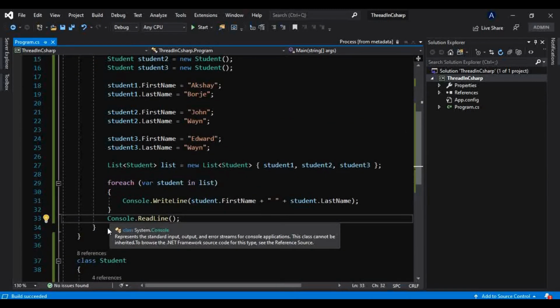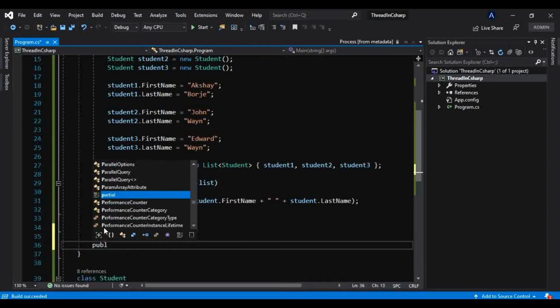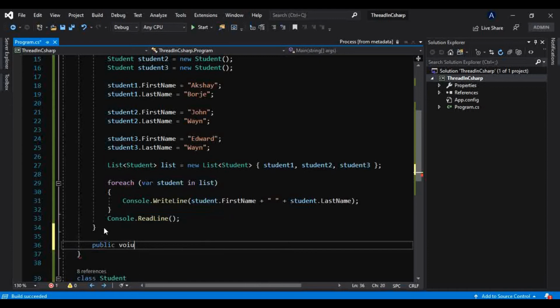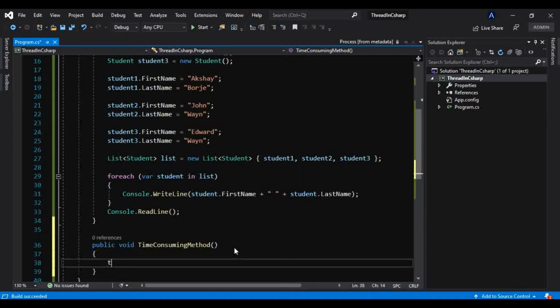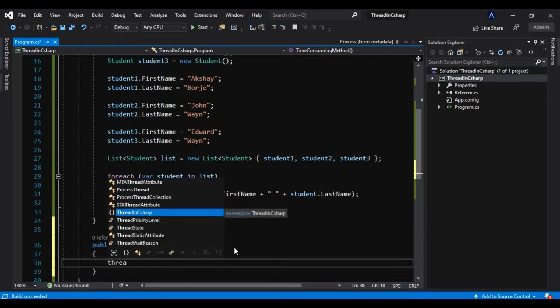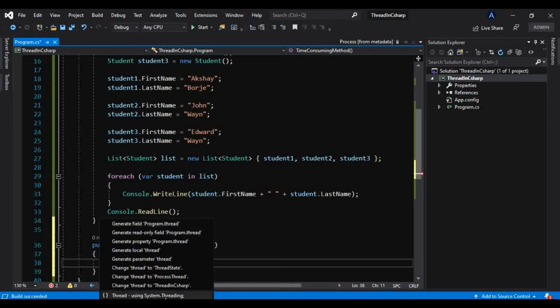Okay, so let me have that method here. Let's just say we have one method, public void time consuming method. For now, to make this method consume time, I will explicitly use the Thread class, which is present under the threading namespace. If I go to the potential fixes and use System.Threading,